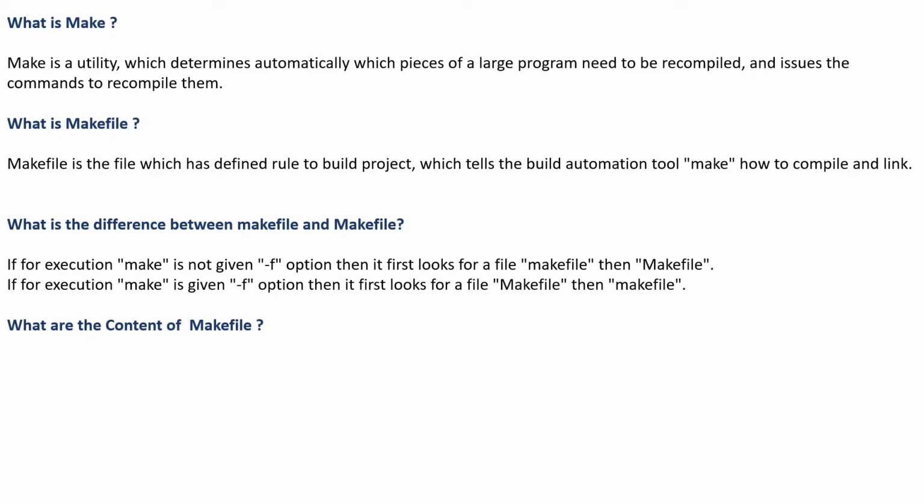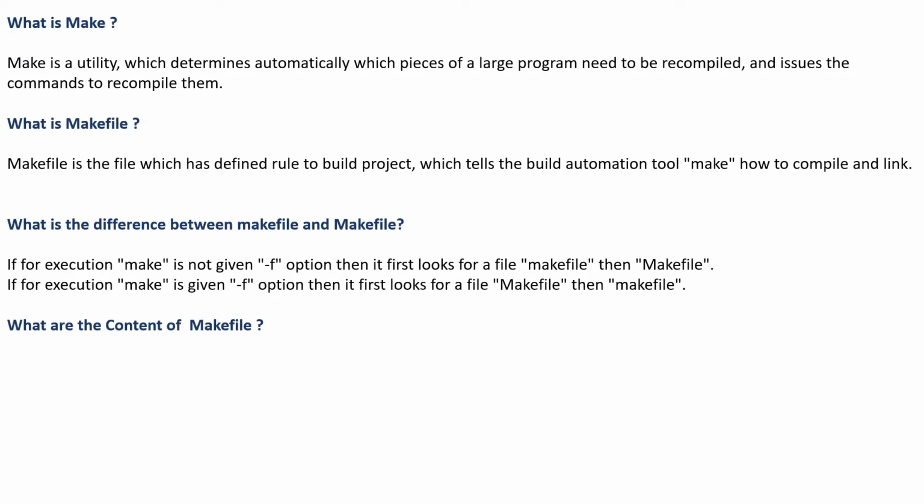For example, if your project size is 1 GB and you are thinking that you will have to rebuild the entire project again and again, this is not the case with a Makefile. If you change one C file, it will compile that C file and also the files related to it. So during recompilation it will take only a few seconds to compile the project. These are the benefits of the Make utility.